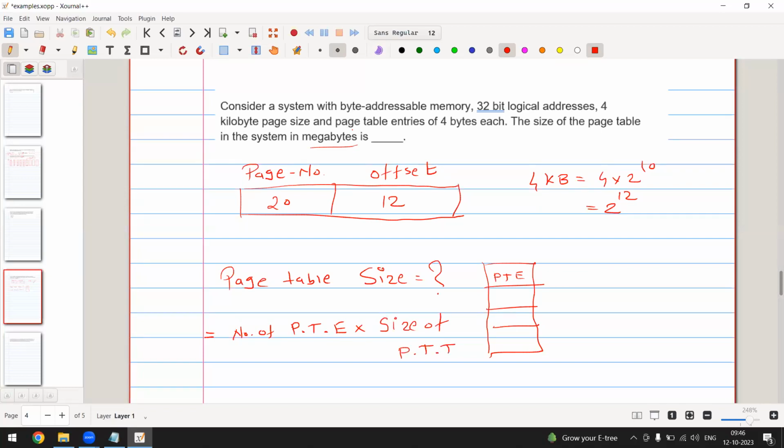So if I have 4 page table entries and size of each entry is X, then the size of the page table is 4 into X. Okay, very simple. Now if you observe the given data,